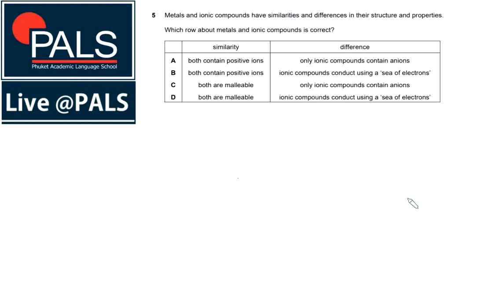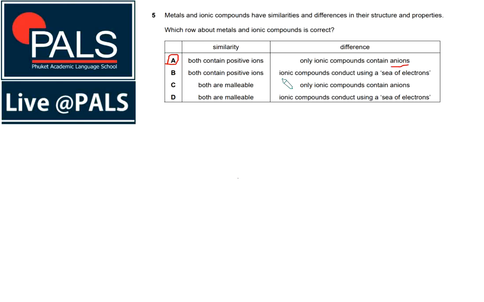Metals and ionic compounds have similarities and differences in their structure and properties. Which row about metals and ionic compounds is correct? Actually, we have already letter A. Why? Because both contain positive ions and only ionic compounds contain anions. Since both can contain positive ions, however,